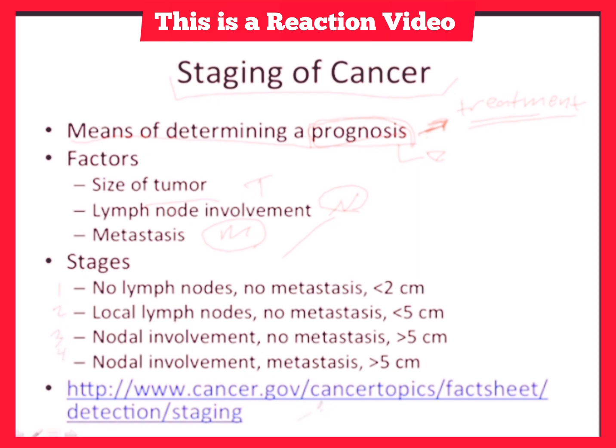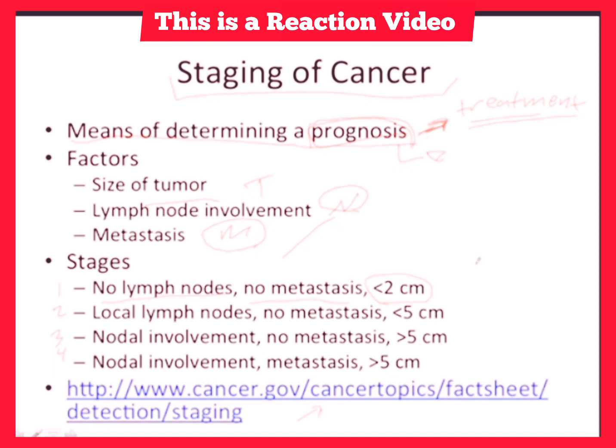And this particular site here, I put this on here because this is the National Cancer Institute of the United States that has all these major facts, this public information involved with diagnosing tumors in the first place. So obviously stage 1 is the best news that you can possibly get when it comes to a neoplasm. No lymph nodes involved, no metastasis, and the tumor is under 2 centimeters.